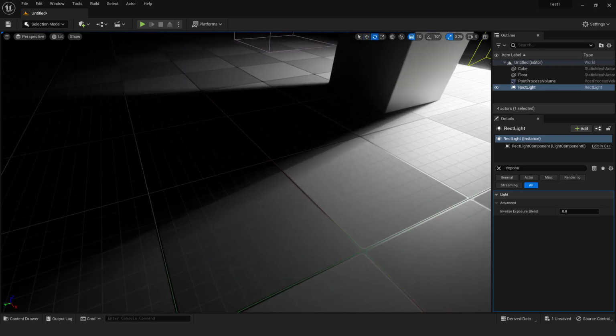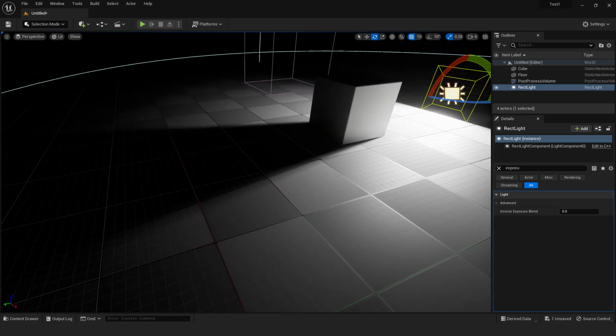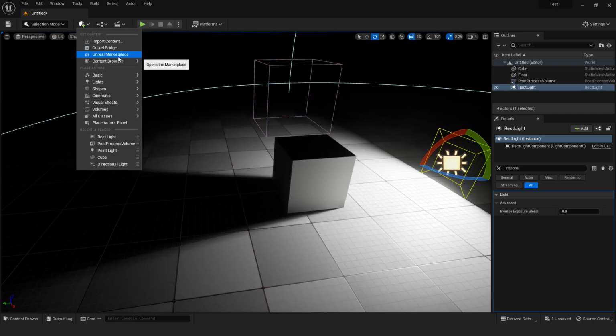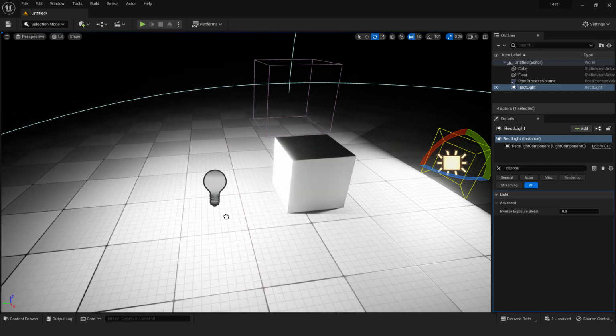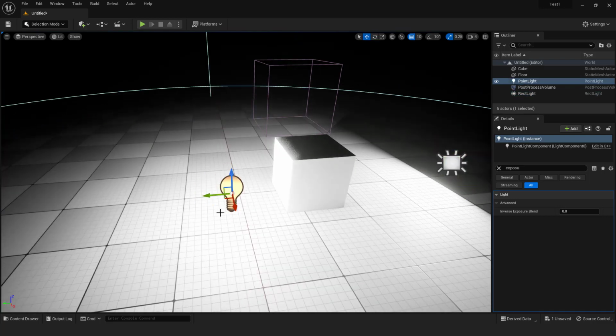And if you pay attention, you can see how soft the shadow is from the rectangular lighting. As with previous lights, you can change the intensity, color and even width of the light with the source width and height. If I import the point light and position it in the exact location,